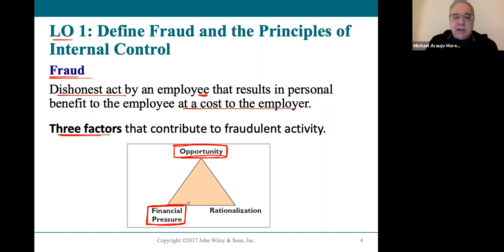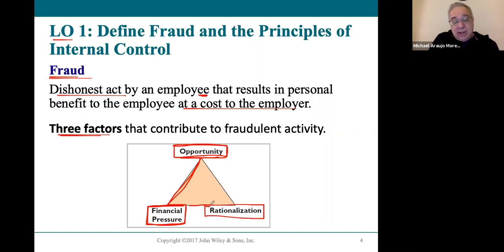That adds a lot of financial pressure to people, because no one's perfect. We all have something going on that makes life a bit complicated and adds some financial pressure. So you take the opportunity together with the financial pressures that we feel, and that doesn't mean people are going to take stuff. However, you need the third branch here, the third corner of this triangle,